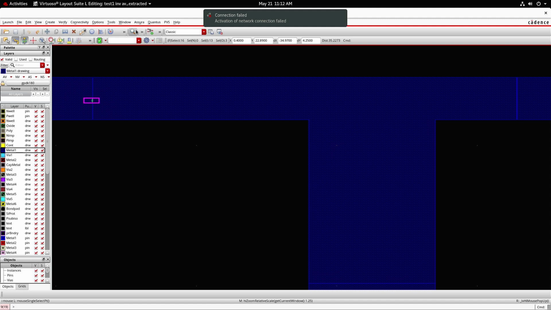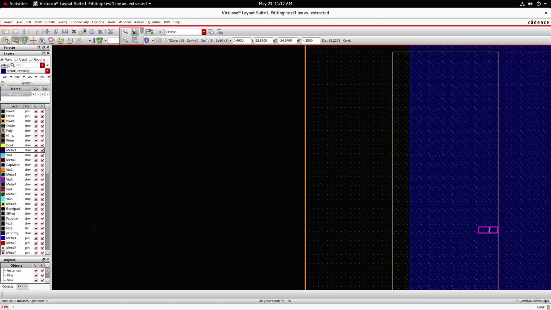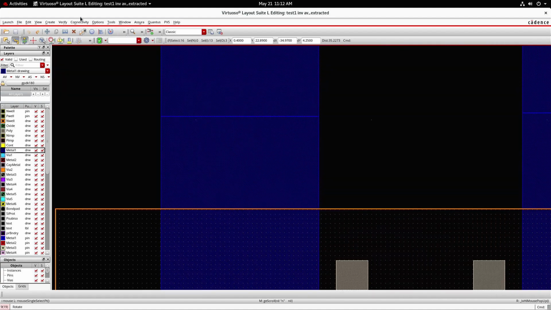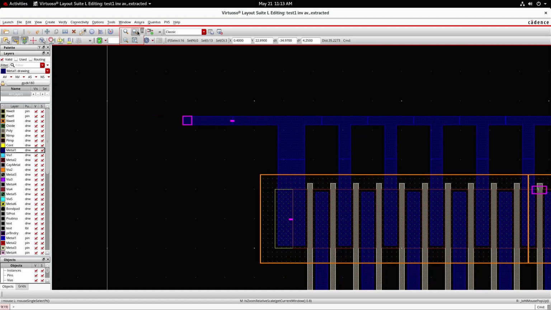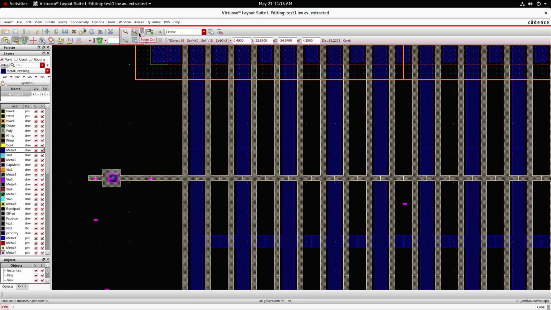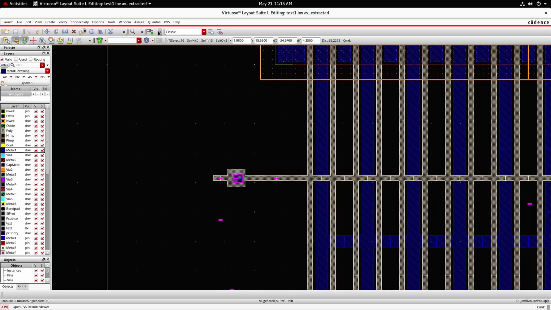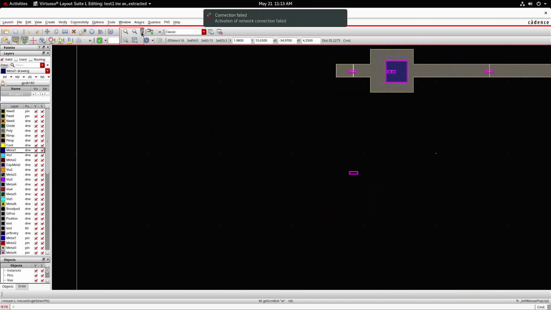This is the resistance value. You can see the parasitic, it is a symbolic representation, that's all. Similarly, you can see the capacitance also. Once the RC values are extracted, we are ready for the simulation, that is post layout simulation. By annotating the R and C values to your test schematic, we can do the simulation.